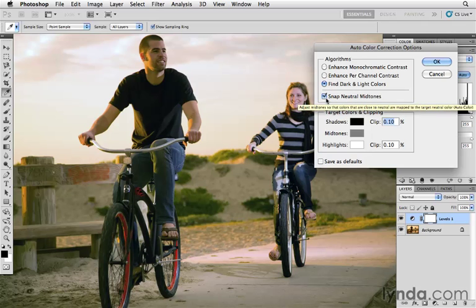So I typically leave that on, and then I click between these 3 to see which one looks best. And for this particular image, find dark and light colors and snap neutral midtones is giving me the best result. If I want, I can even save these choices as my new default. So when I click that auto button in the adjustment layer panel, these are the choices it's going to use